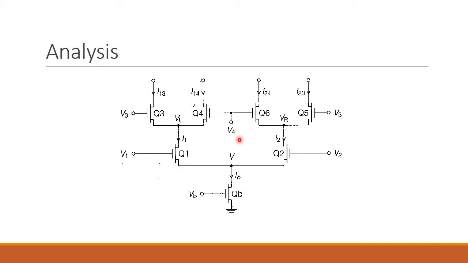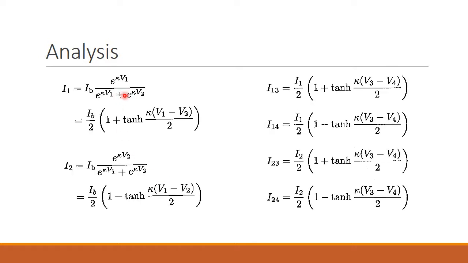This schematic illustrates the use of the two outputs of a differential amplifier, I1 and I2, as current sources for two second level differential amplifiers. V1, V2, V3 and V4 are the four input voltages and VB is the bias voltage. From the analysis of a normal differential amplifier, we can see I1 is equal to I bias times e raised to kappa V1 divided by e raised to kappa V1 plus e raised to kappa V2, and similarly for I2. Applying similar reasoning to the two upper differential amplifiers fed by I1 and I2,